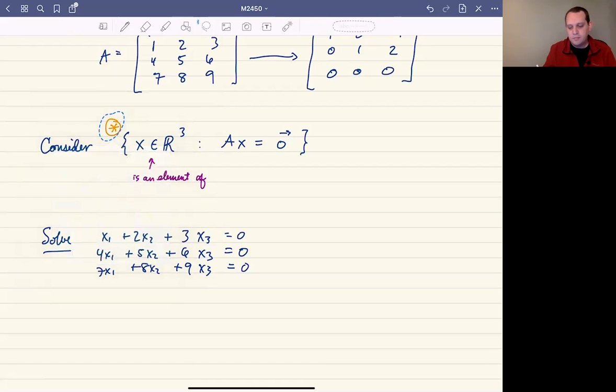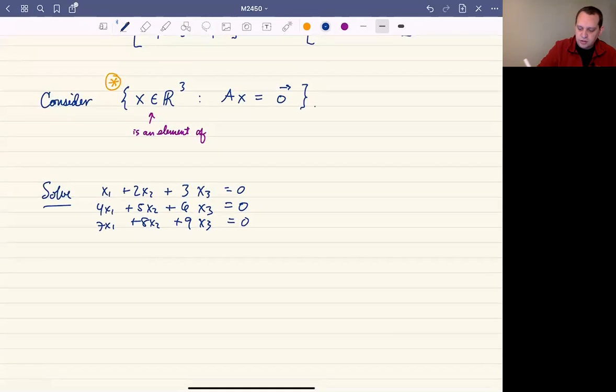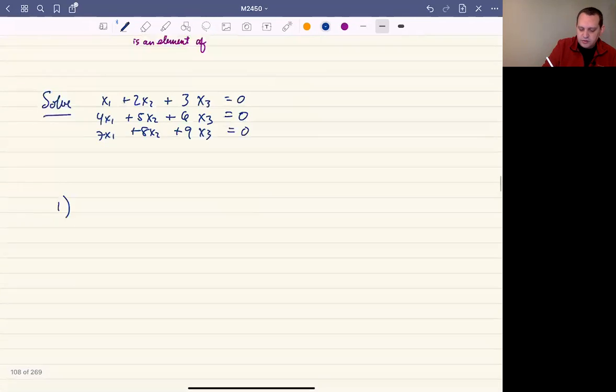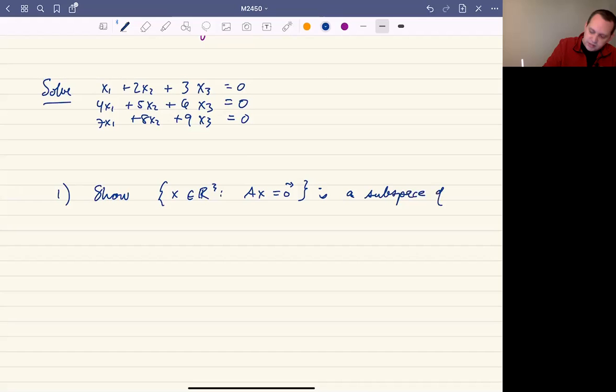It's got a name. Before I give away the name, let's show a few things about this set. So the first thing I want to do is show that the set of all x values in R3 such that A times x is equal to 0 is a subspace of R3. Okay, so this is going to be a subspace of R3. And to do this, we just need to